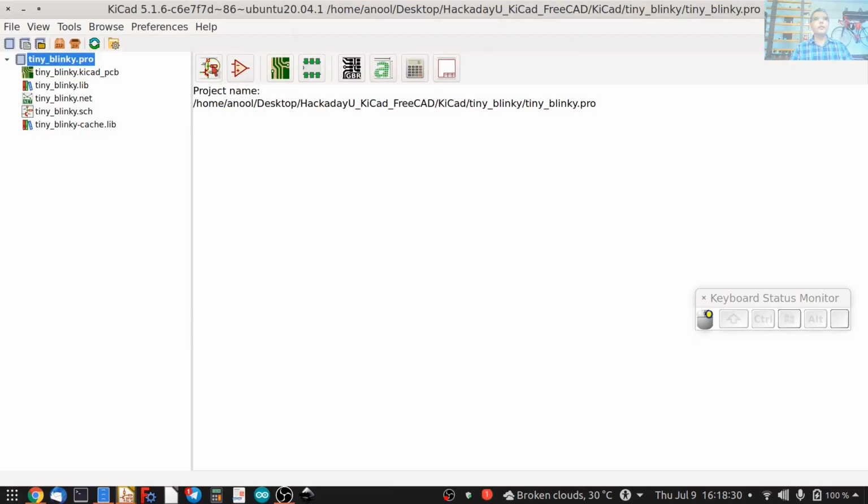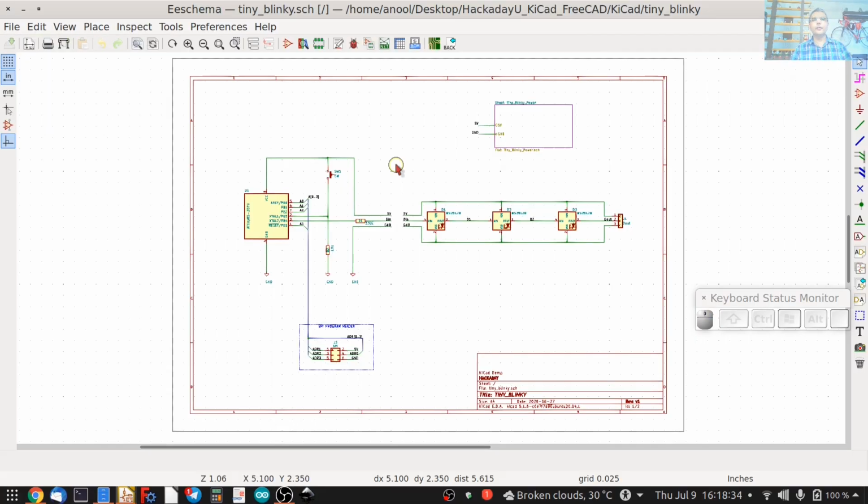Starting off KiCad, starting off eSchema. And here's where we were last session. We placed all the parts, we wired up all the pins, labeled all the nets, added annotation, added values. We did a quick look at how buses work, but I've added a better example on the projects page at hackaday.io, so check that out. We also saw how to make hierarchical sheets, and that's where we left off.